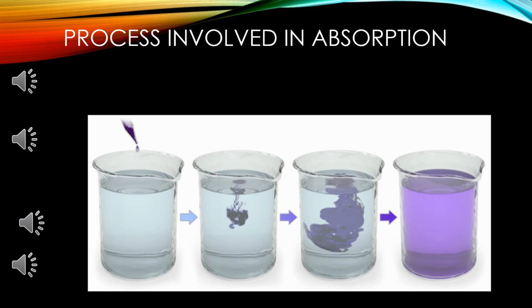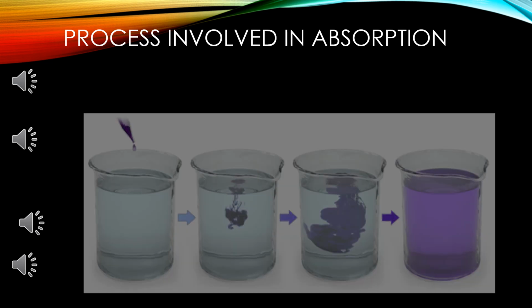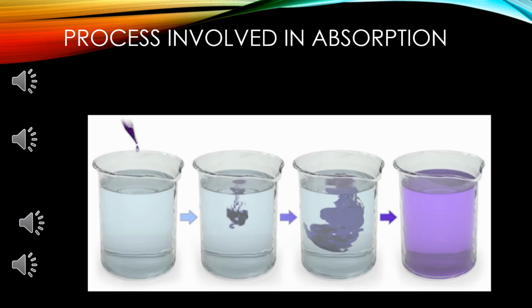When we burn an agarbatti in one part of the room, the smell spreads everywhere by diffusion. Carbon dioxide enters into the leaf by diffusion. When we add one or two drops of ink in the water, it spreads everywhere in the water. These are by diffusion. So the movement of molecules from the higher region to the lower region is called diffusion.